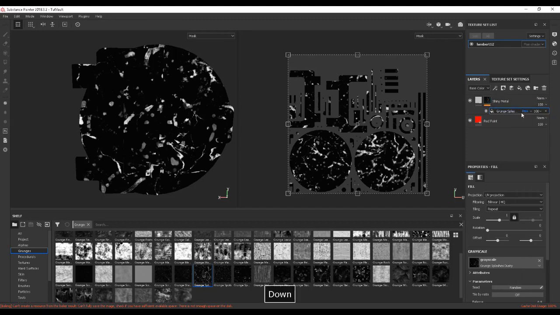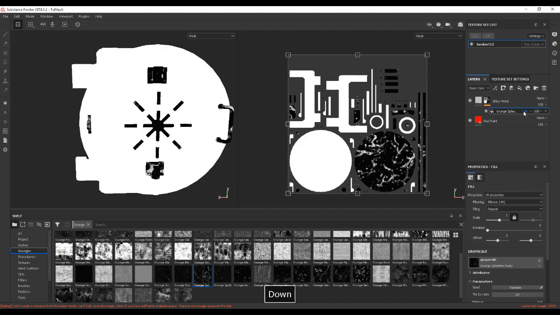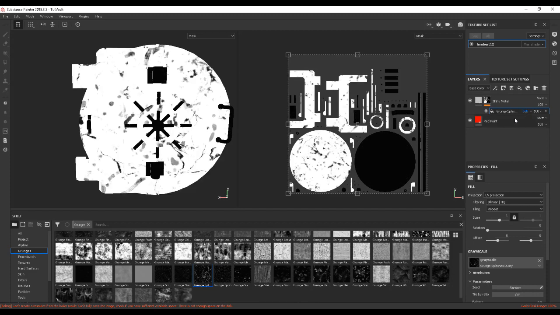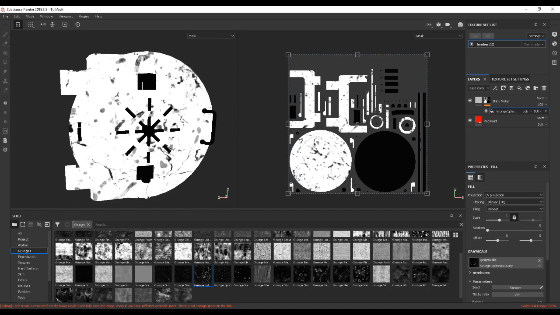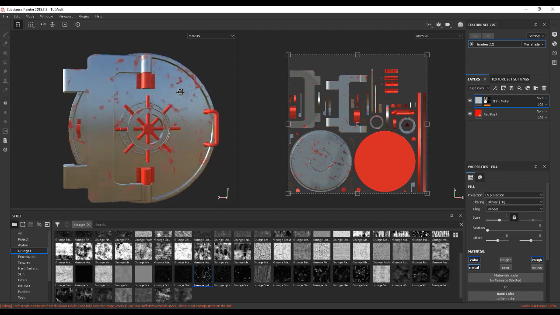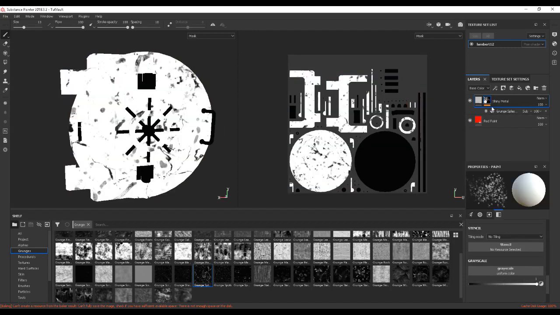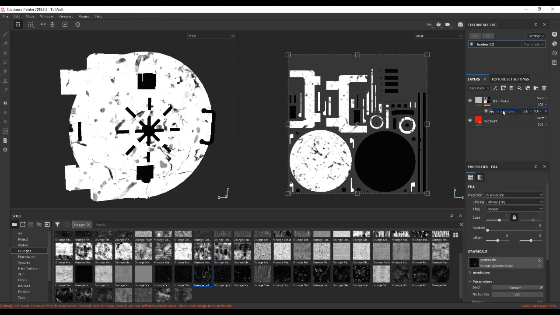Actually, if I just click on this, I think I can move down on there. You see where we can start bringing these two as one thing. So something like a subtract worked quite nicely on this. Look on that. So actually what we're using is our underlying pattern to just break out some of the transparency on our original mask on there. Okay. And we can actually keep building up the complexity by adding more and more of these on here as